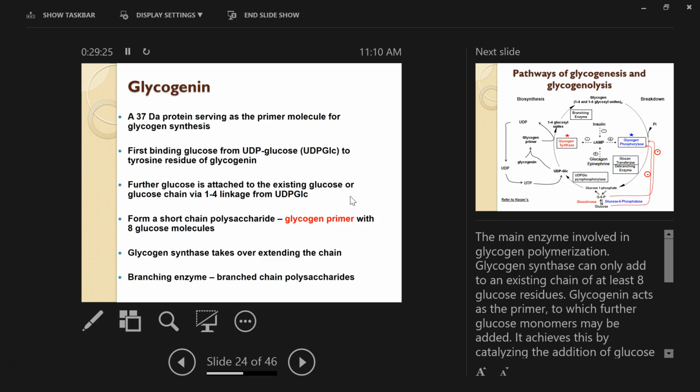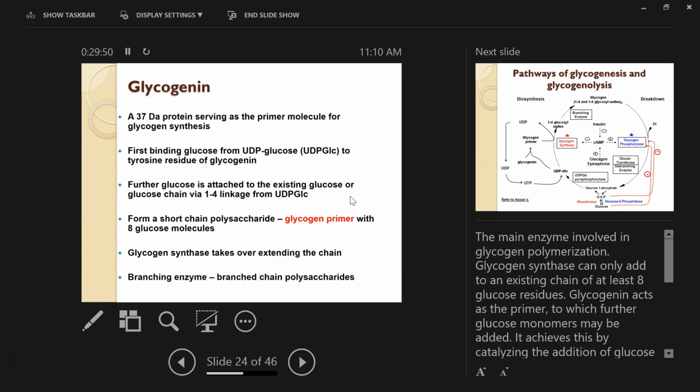And then you add more glucose to the existing glucose chain, more and more glucose, extending the glucose chain,